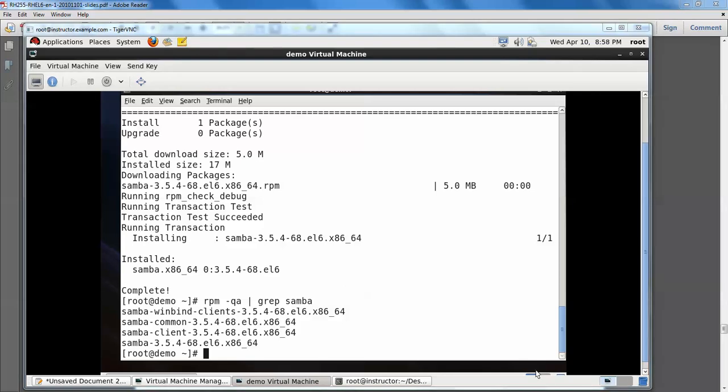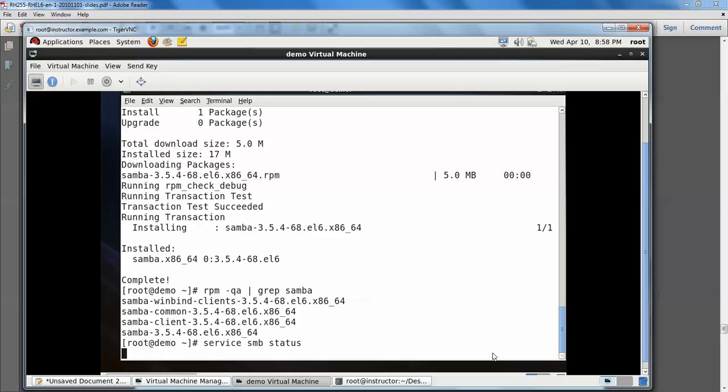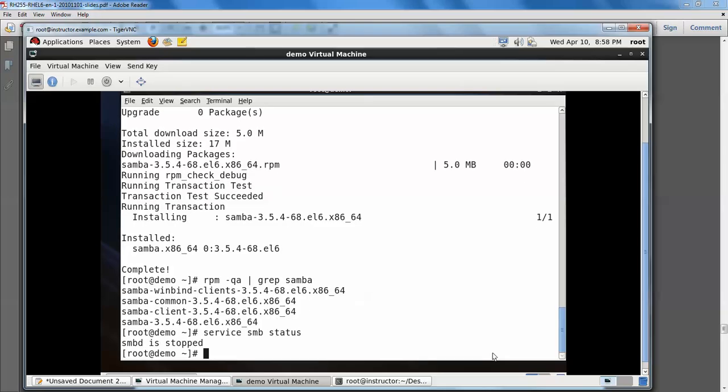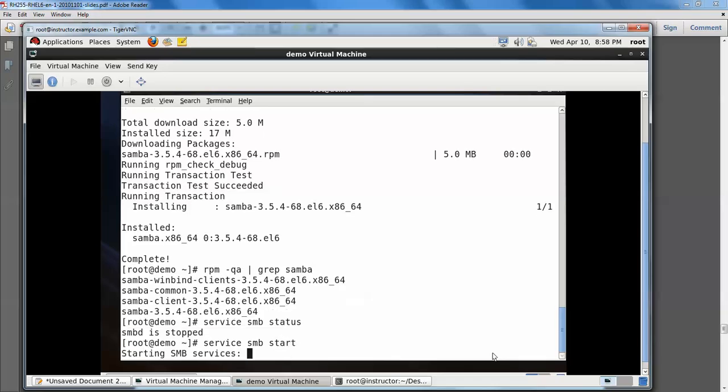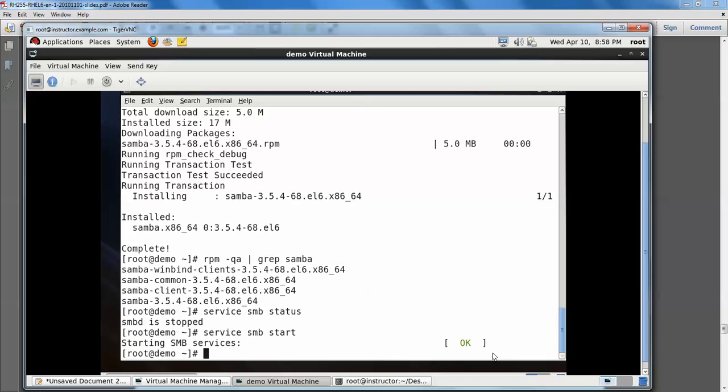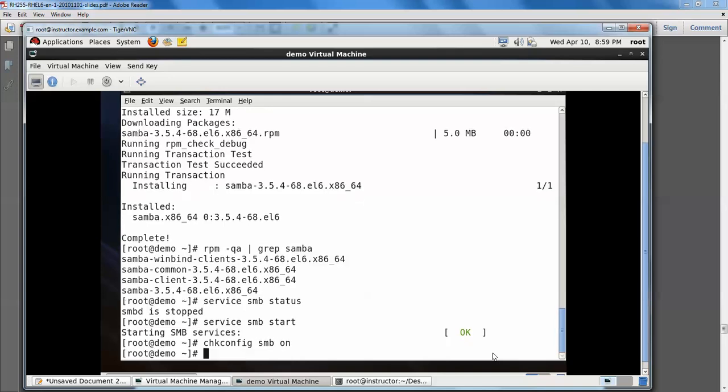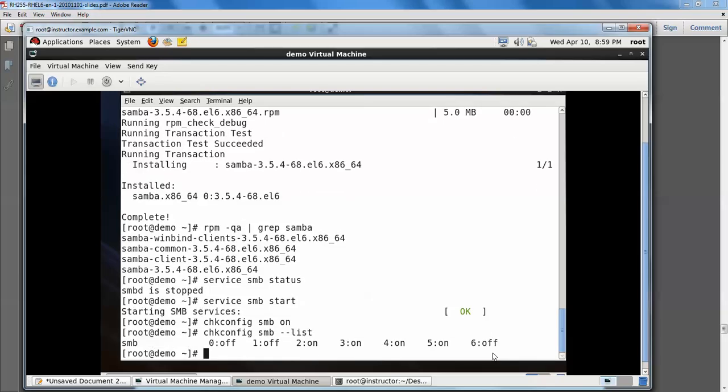Then open the configuration file. Before that, check service smb status. It is stopped, so you can start it with service smb start. Then after that, chkconfig smb on, then --list.